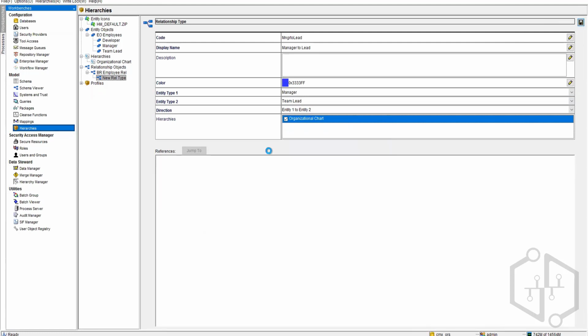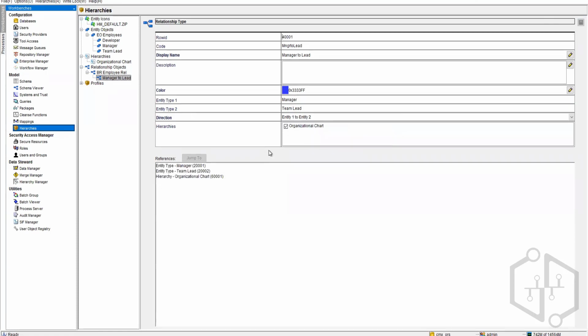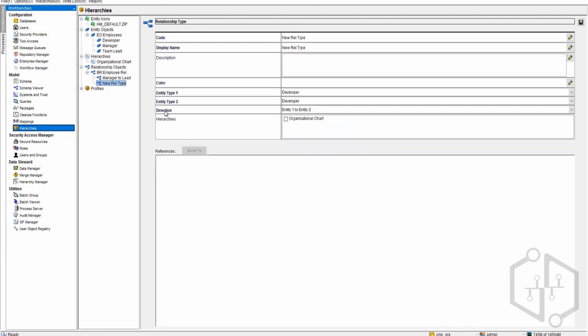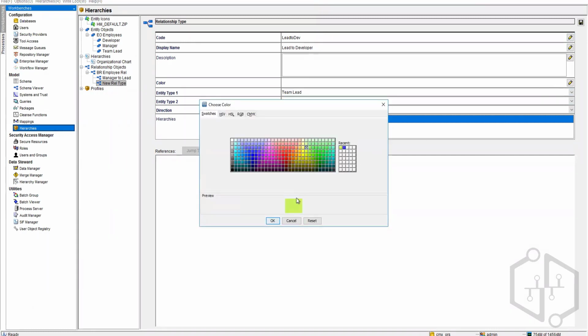We'll say that. The same way, we'll go ahead and create another relationship type, which will be from team lead to developer. In the same color, it would be, say,